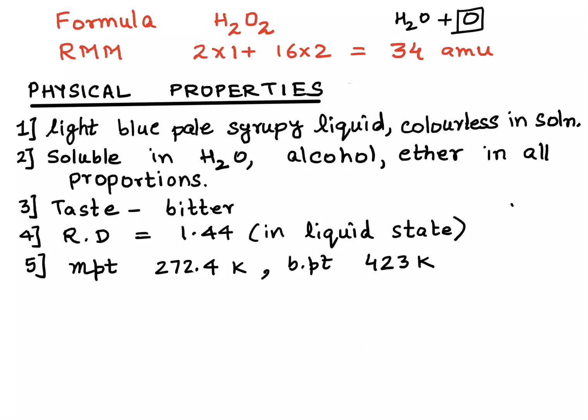The relative molecular mass of hydrogen peroxide can easily be calculated with the help of the atomic masses. When we talk about physical properties, we are going to talk about color. As a liquid, it is light blue, very light blue in color, but it's a thick, syrupy liquid. Why is it a thick, syrupy liquid? Meaning to say it is very viscous. It's actually heavier than water. So if you notice, its relative density is 1.44. It's 1.44 times heavier than an equal volume of water in the liquid state.